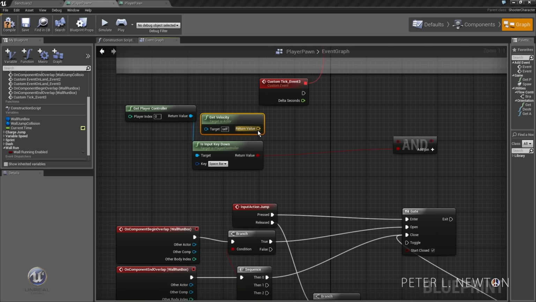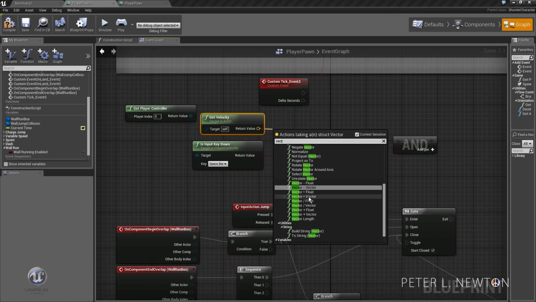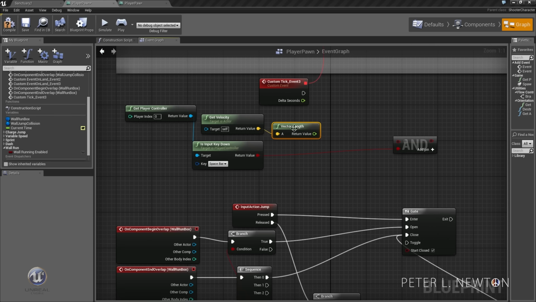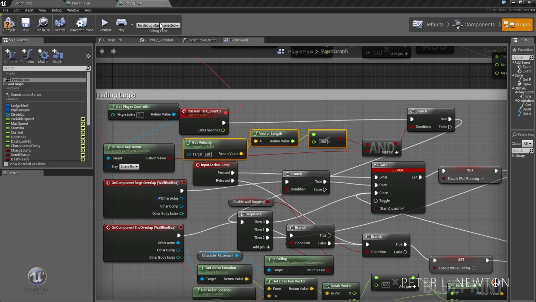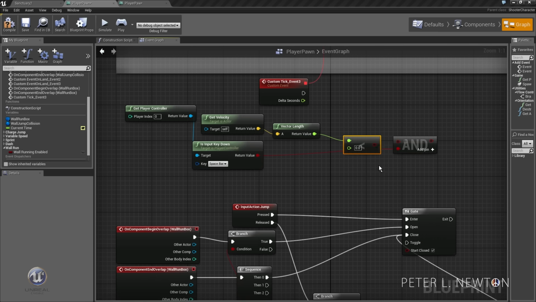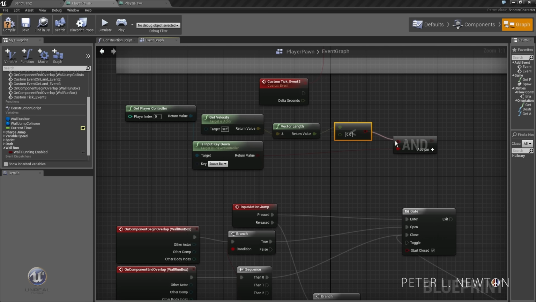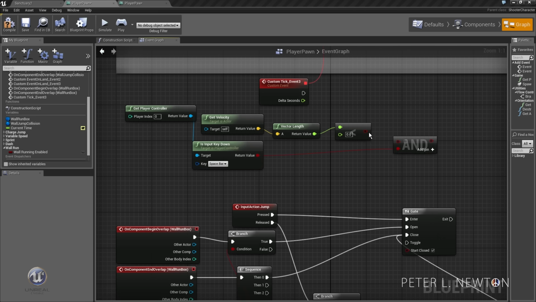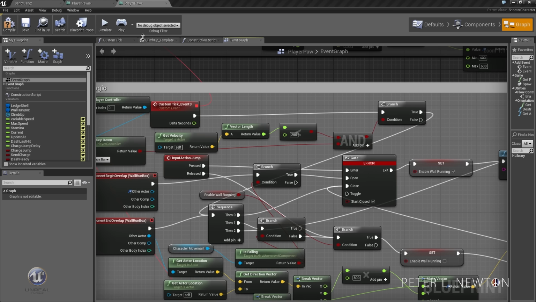So let's get the velocity, then get vector length. We want to check if it's less than 250. So if it's less than 250, and spacebar's down, let's branch,